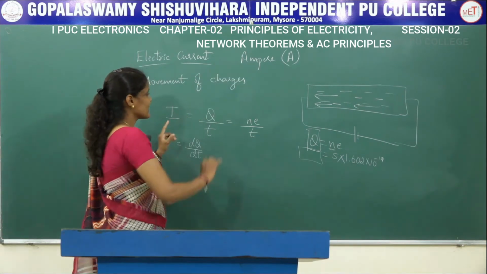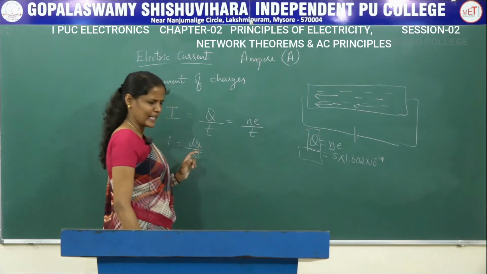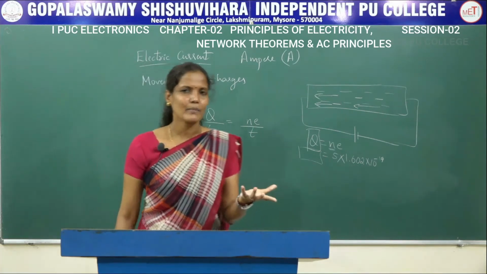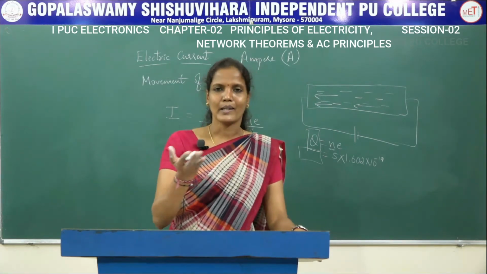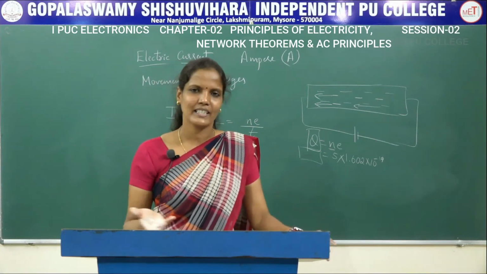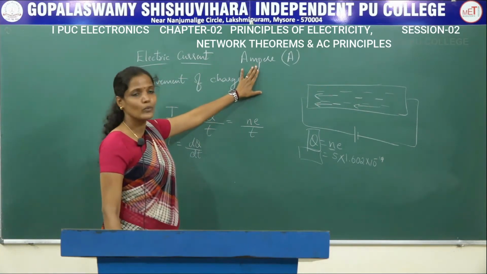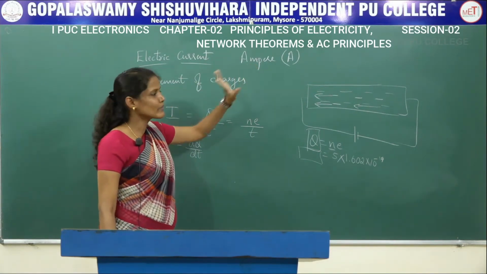The unit of this current is equal to ampere, which will be denoted by A. Unit is nothing but a measuring unit. Now, for temperature we have units like degree Celsius or degree Fahrenheit, or for distance we have meters. So for this current we have a unit called ampere, and that will be denoted by